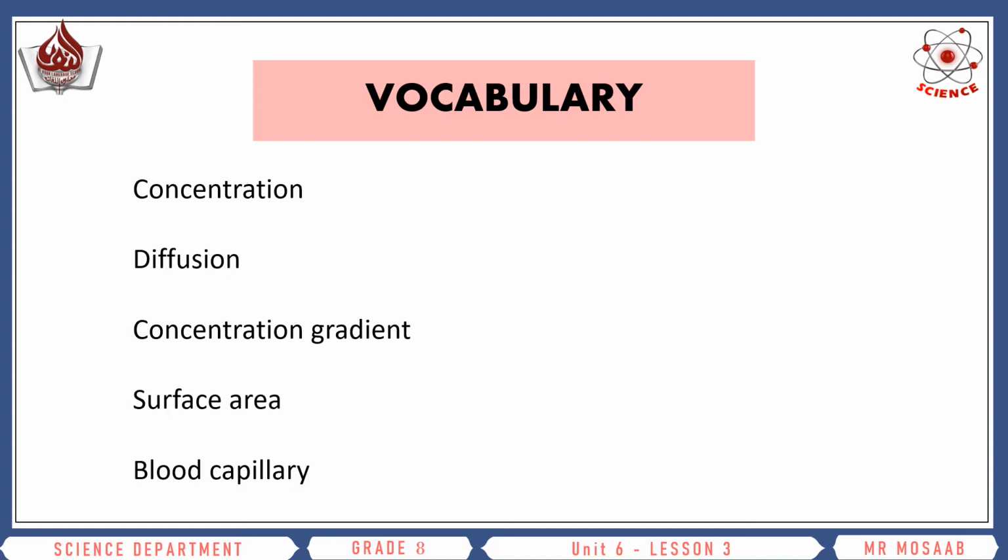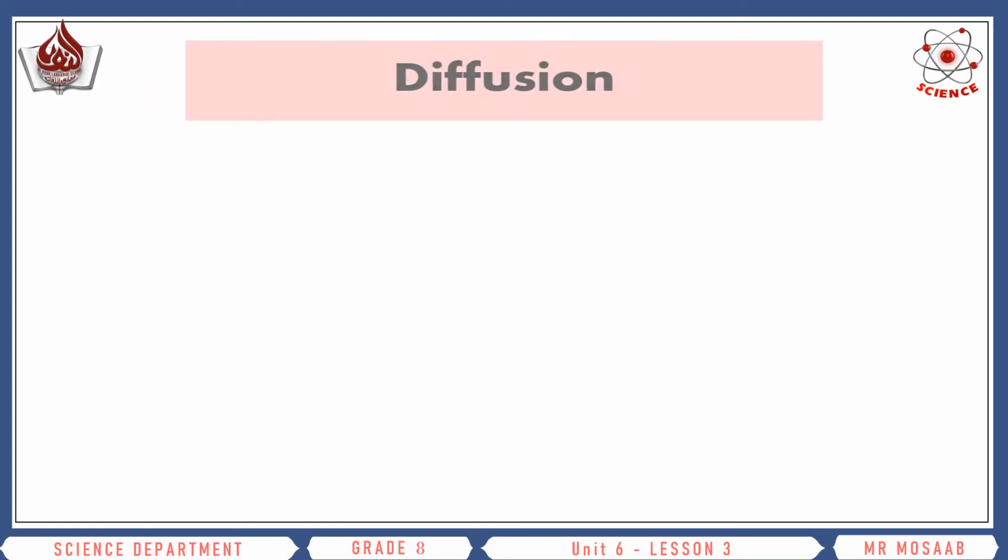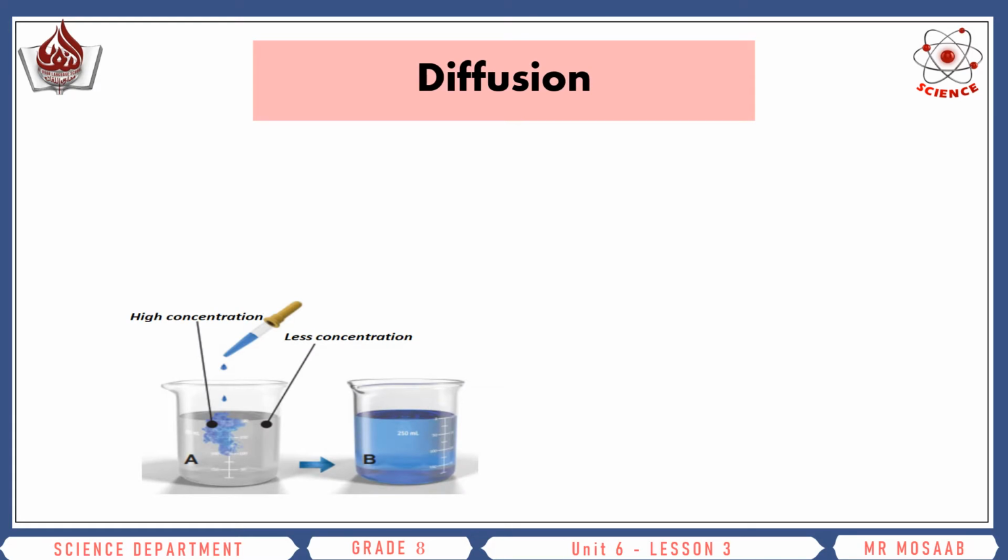The vocabulary for this lesson is concentration, diffusion, concentration gradient, surface area, and blood capillary. Look at this picture and try to find out what is going to happen to the ink when it is poured into beaker A. What is happening here? For this ink, after some time,